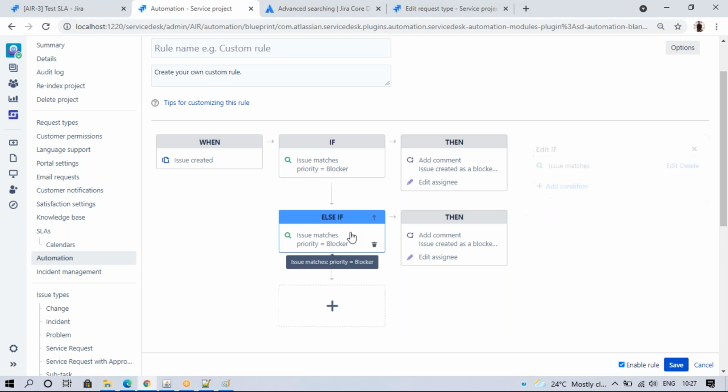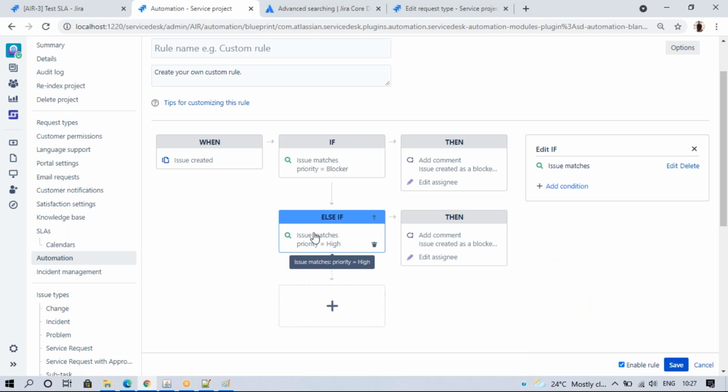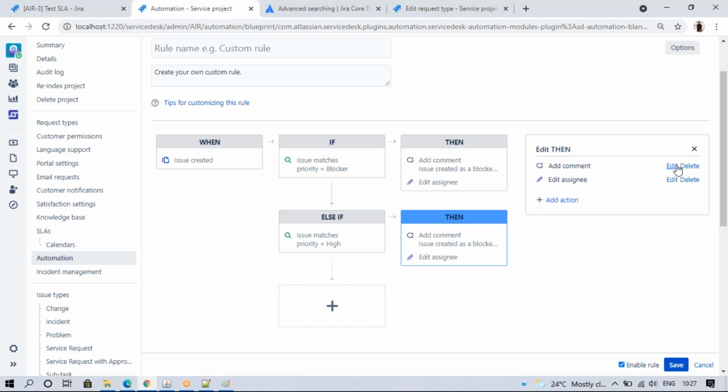At the same time, when the priority is instead of blocker, for example, it is high. Confirm. High, what should happen?